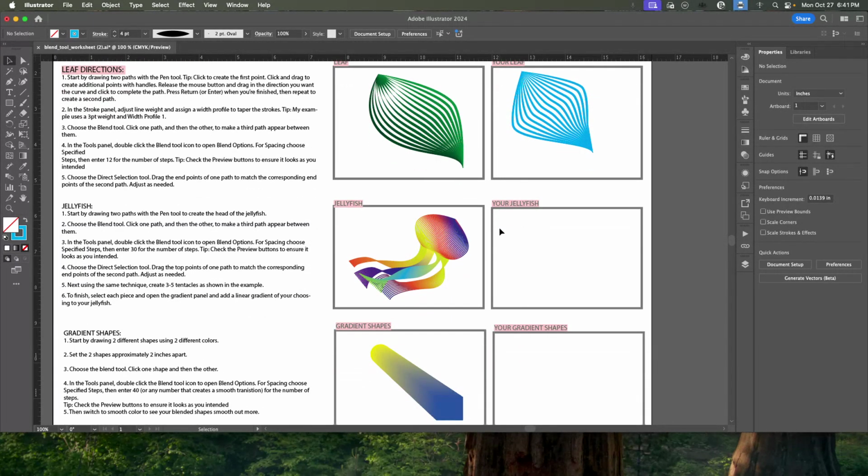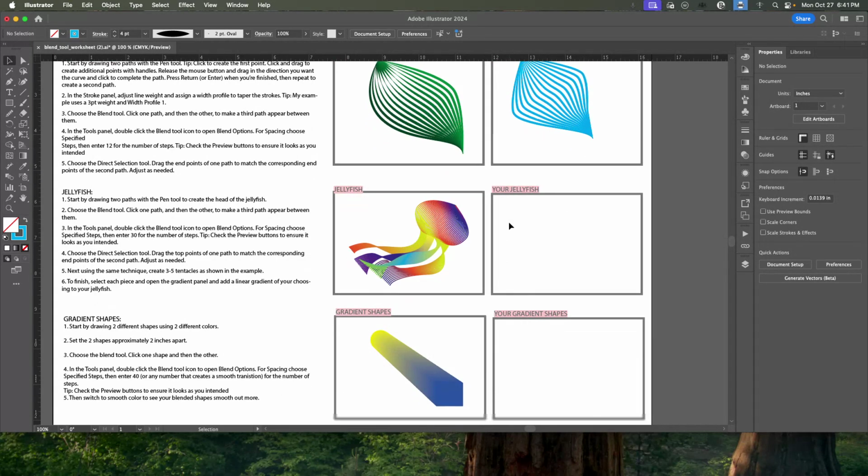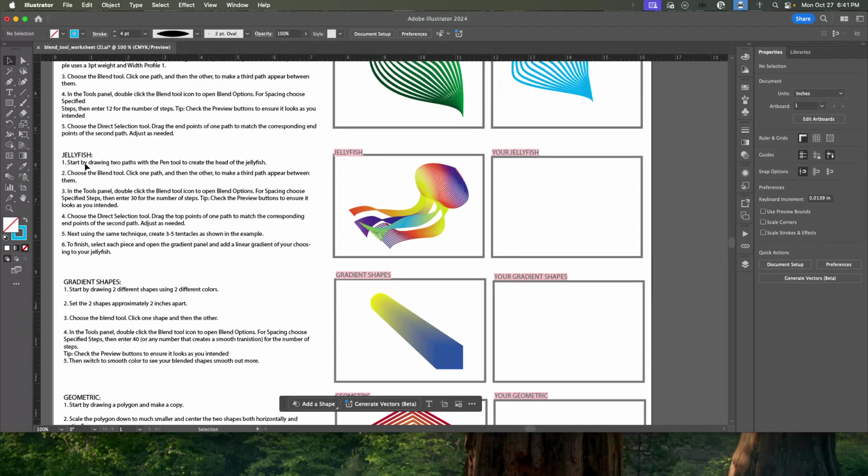So really cool things that you can do. So this is what specified steps look like, and when we enter 12, there's like 12 copies of them going between these two. Right, the jellyfish says start by drawing two paths with the pen tool to create the head